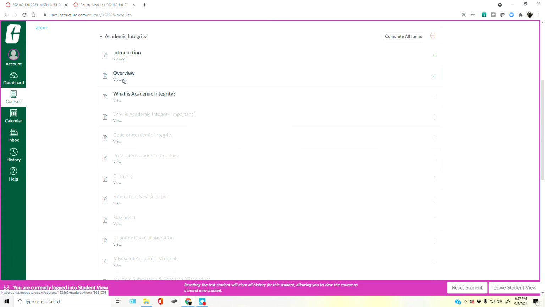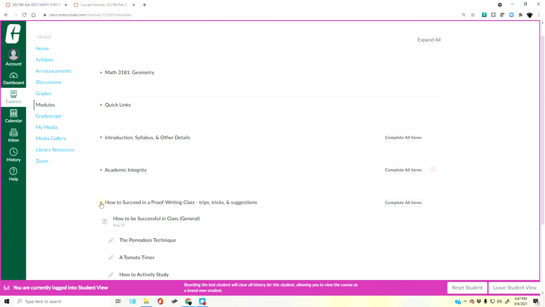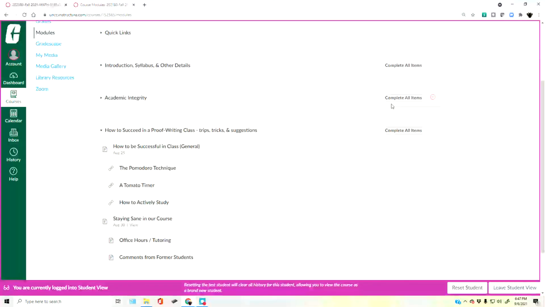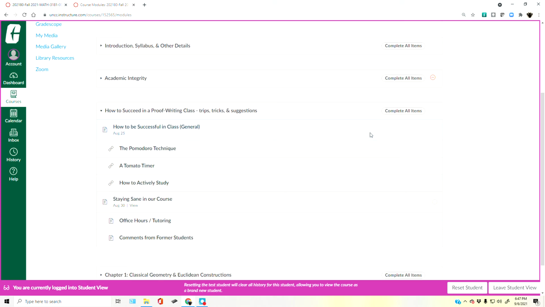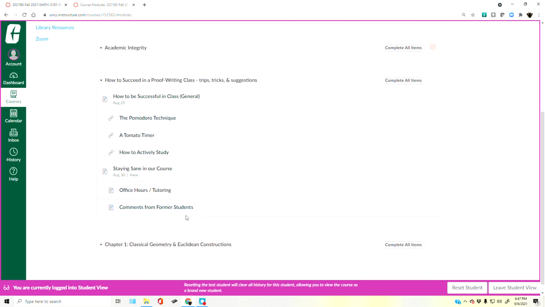Notice now these next pages are not grayed out. So as soon as you've done the prereq that's tagged here, you can move on to the next thing. Anything that's grayed out just means you haven't done the prereq. So this one says complete all the items, but you have to complete them in order. Now, the next one here doesn't require you to do that previous module, but it does require you to actually look at everything that's tagged. So this one says, make sure you look at this one here,